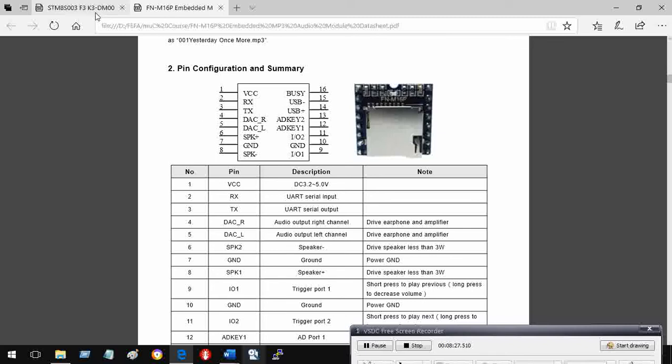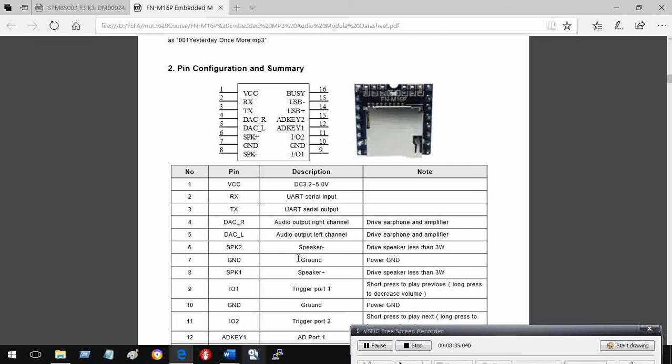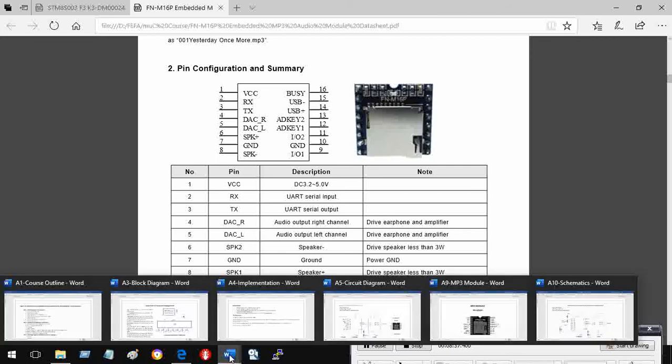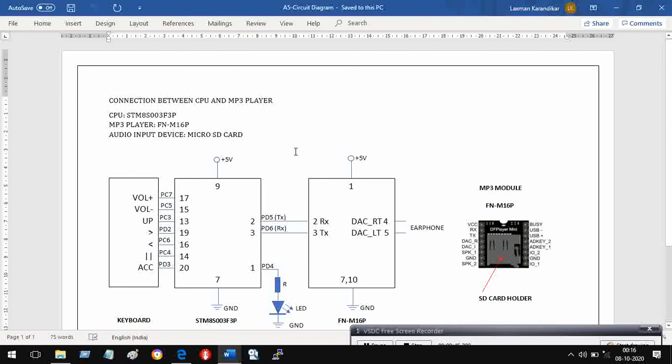So friends, we have this device and we have this device, and we will have a circuit like this. Here you will see that this is the STM8S003F3P device, and to these pins I have connected switches, and to these pins I have connected the MP3 module